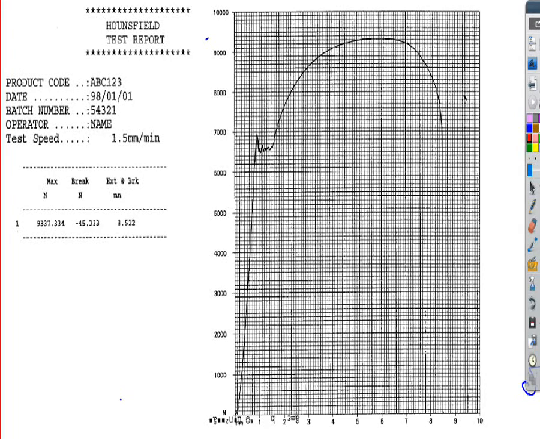I just put this slide in just for reference. I don't know if you've seen this in your materials work, but this is just for materials really. What it's showing us is some basic values on a stress strain diagram. This value here sometimes is called the yield point of your stress strain diagram. What we're doing is loading the component up to the